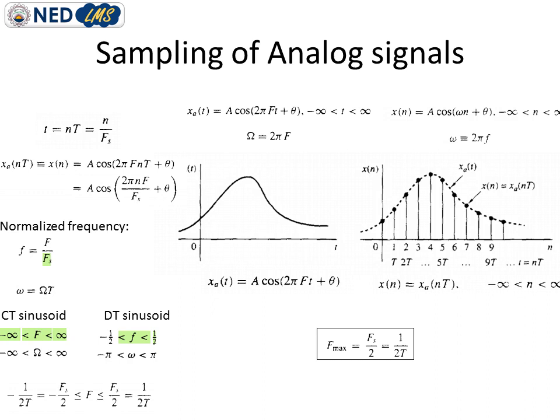So the unit of f, the normalized or relative frequency, becomes cycles per sample. Recall that we have already derived this unit in the previous lectures, but here we see in detail how this relationship becomes true. So the unit of normalized frequency is cycles per sample,